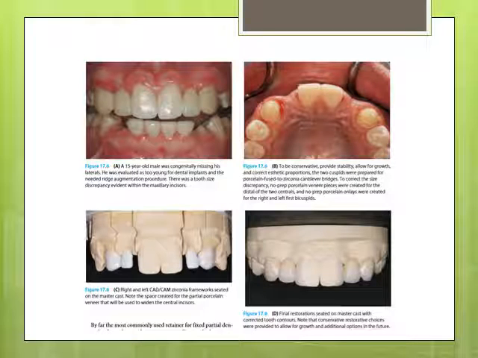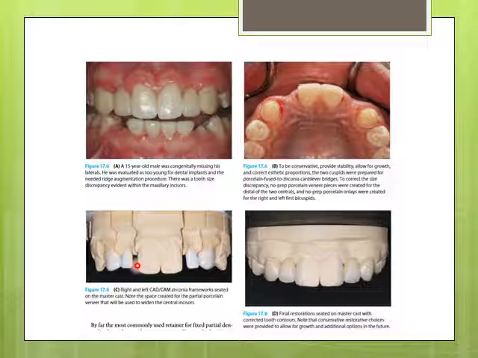A 15-year-old male was congenitally missing his laterals. After removal of the laterals, we prepared the canines and made zirconia frameworks, as you see in picture C: right and left CAD/CAM zirconia frameworks seated on the master cast, and you can see the space between the